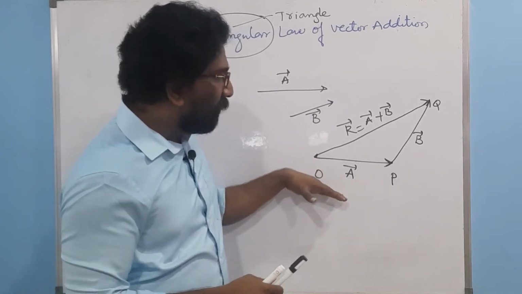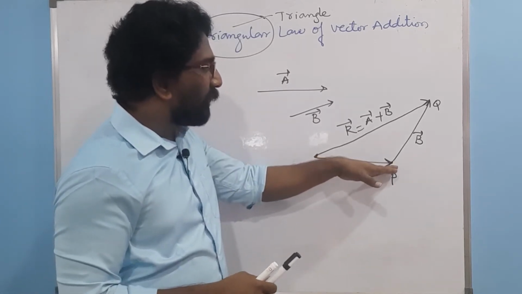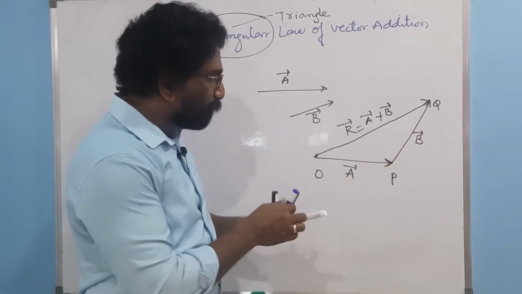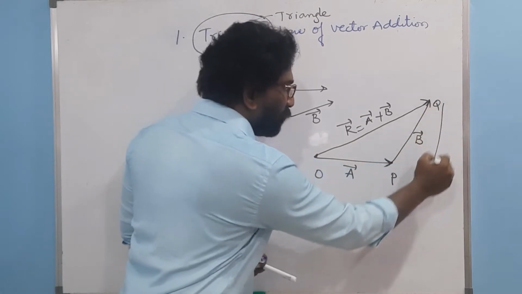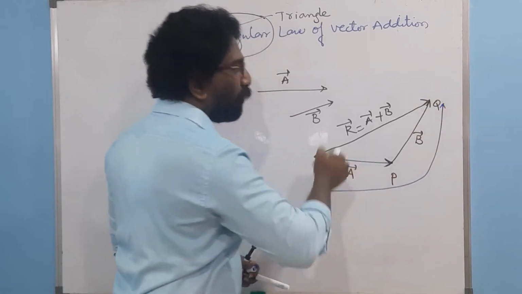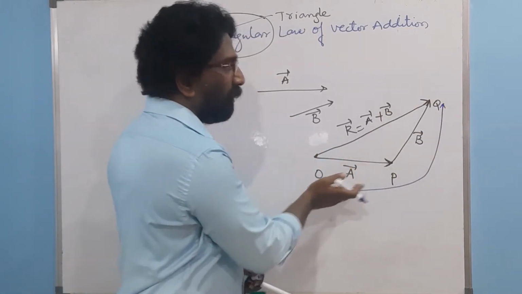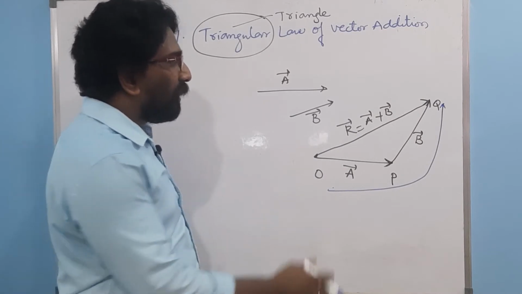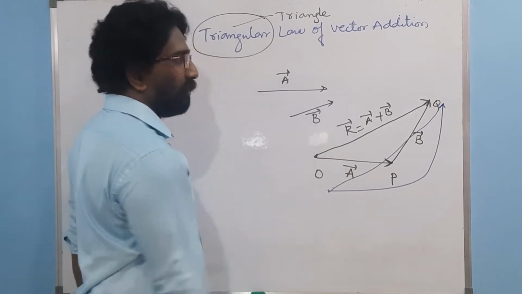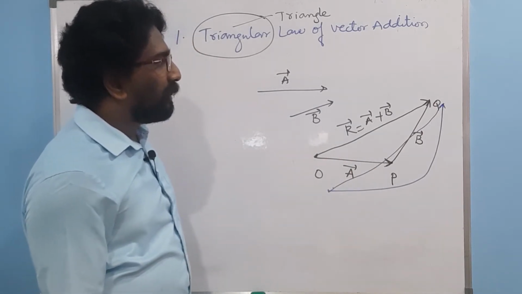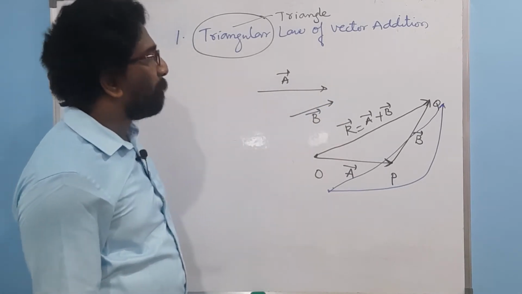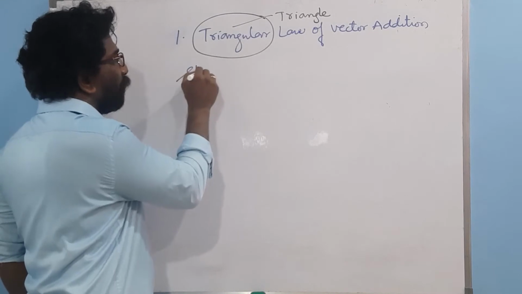First, the triangle law of vector addition: if the vectors are directed in two different ways, you are supposed to take one vector, and to the head of the first vector, you should connect the tail of the second vector. If they are connected in this direction, it means that these two vectors are now in the same direction, in the same order. Now, if I need the resultant vector, then the resultant vector will be right from here to this point. That is how you are supposed to make the resultant vector whenever they are drawn in different directions. Statement of this triangular law.